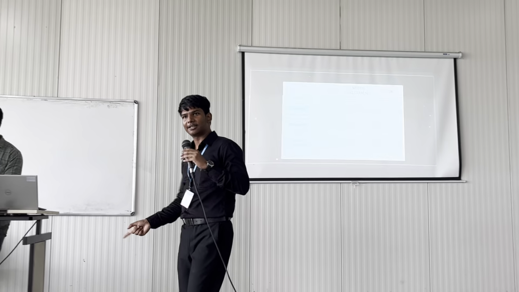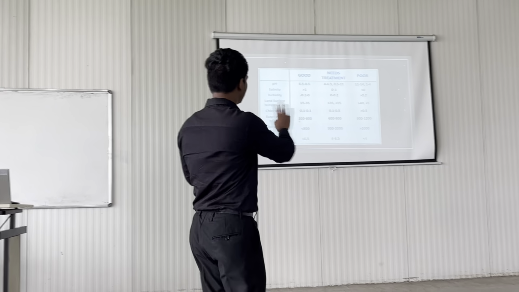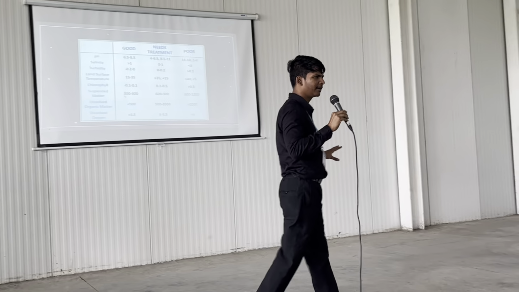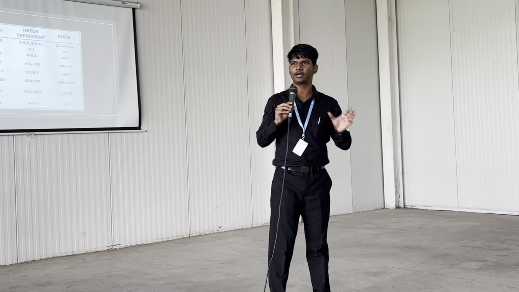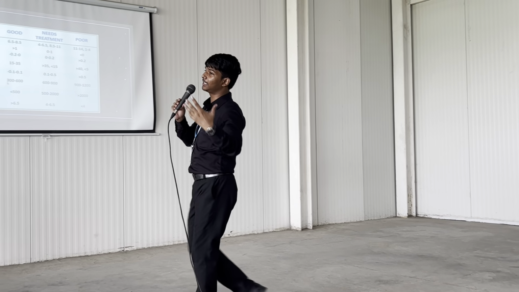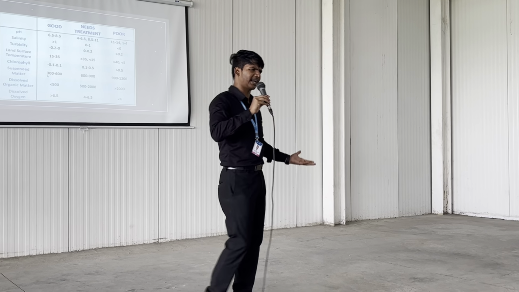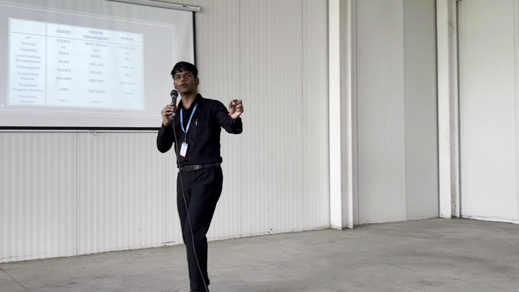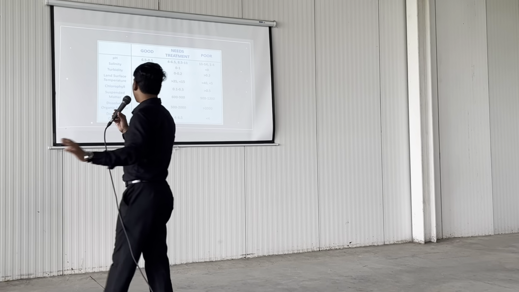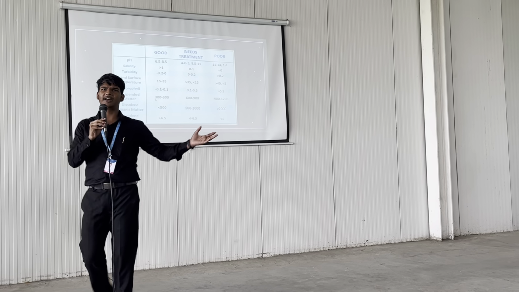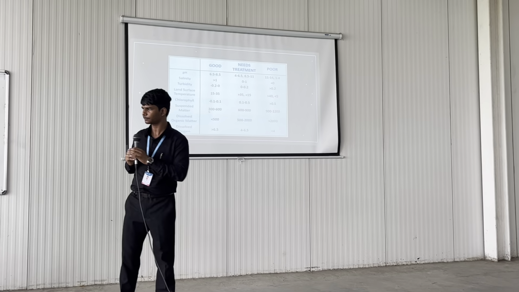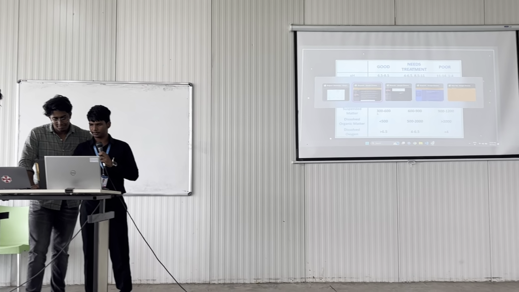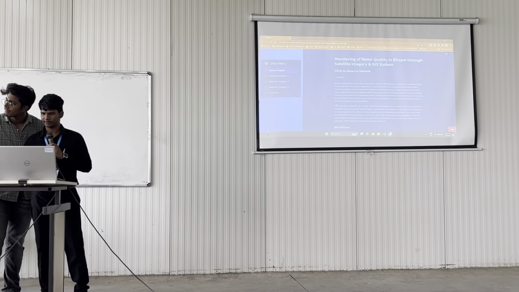Then we have land surface temperature. What is a good land surface temperature? We obtained around 15 to 35 degrees Celsius as a good temperature for a lake. But if it increases or decreases, it's all about the climate. Then we have chlorophyll, between minus 0.1 and 0.1, and then suspended matter, dissolved oxygen, and other things that you can observe here. Now I will come to my dashboard, and you will be able to observe a lot of it.